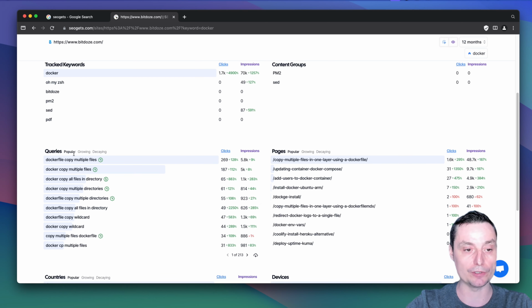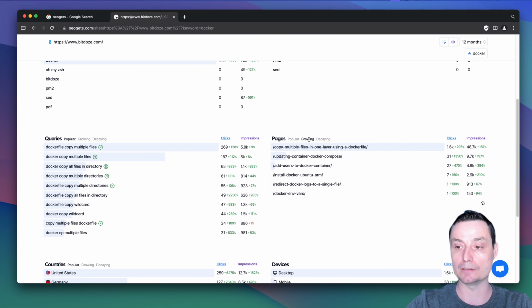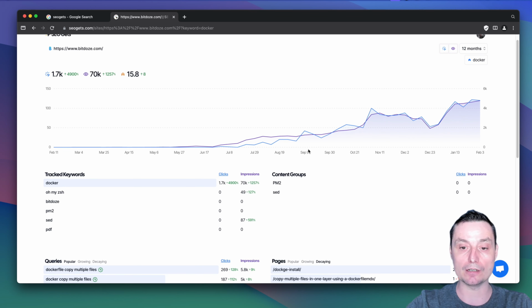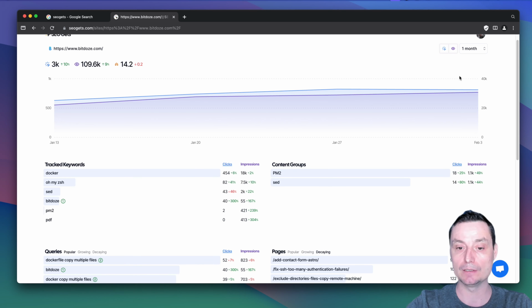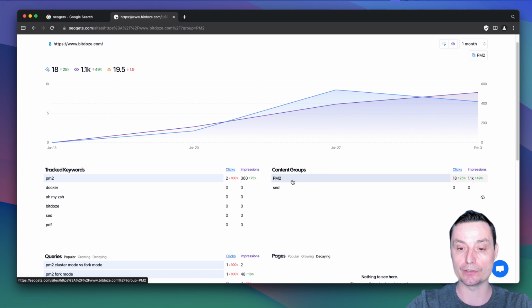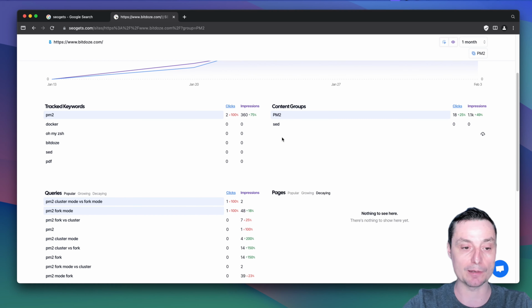Again, you have the options to filter by popular, growing, and decaying. Pages, again, these are all the pages that have traffic with Docker in the search queries. Again, you can filter them by growing and decaying. Countries, devices. And let's go and remove this. For instance, you can filter in the last month. And here you have some content groups that you can define. So in here you see that all the content groups, basically it's all the articles that are starting with PM2. I have some articles written on my website explaining what PM2 is doing,